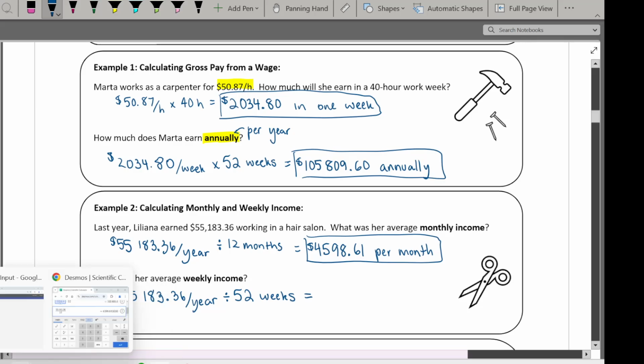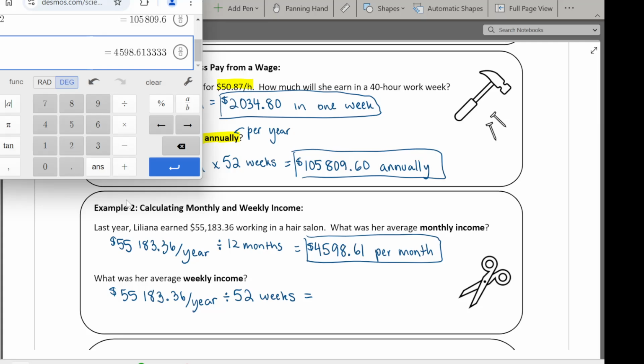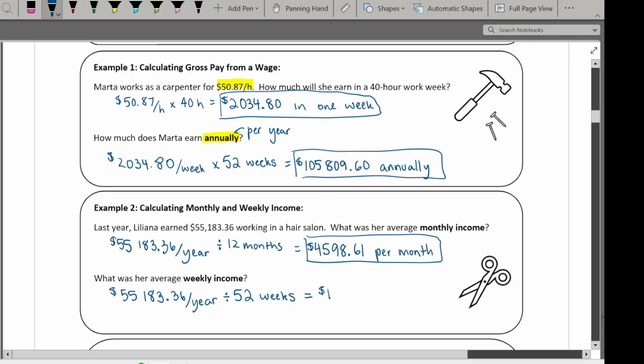Okay, so I'm just going to use my calculator again. I'm going to type in that original number, 55183.36, and then divide that by 52. So we get $1,061.22. So this time, because the 1 is next to an 8, we want to round that up. So $1,062